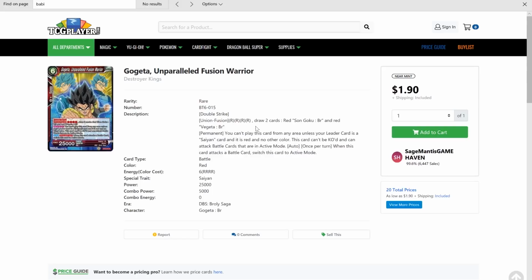It doesn't say, I'm assuming with the same power level. It doesn't say right here, but when it's using Fusion, they have to be the same power level. So just remember that. But most of the red Gogeta BR cards are all 10,000 power, just to make sure they all work. Yeah, as a permanent, you can't play this card from any area unless your leader card